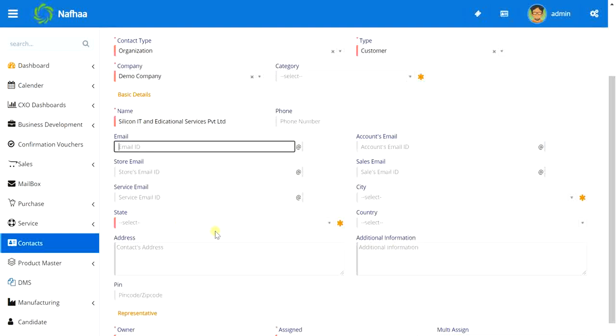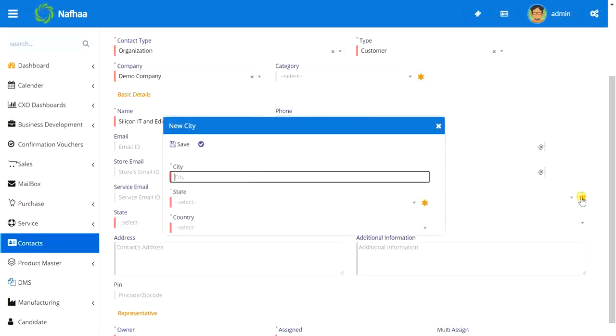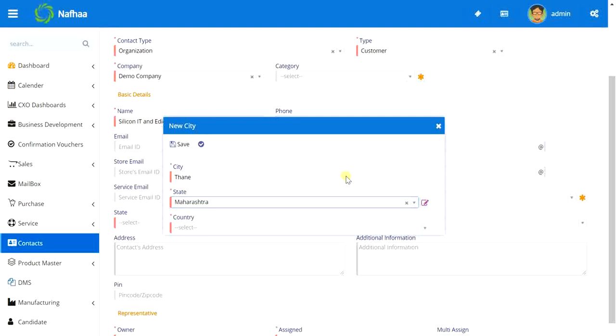Then comes the state. By default, state is a compulsory field. You can make it optional from a setting if it is not applicable for your kind of business. Okay, similarly for city and country. Currently there will be no city added, but by default Indian states are added. You can define any city or state from this define new icon. So you might be seeing this define icon in some places. Like if they are masters, you can define them right here itself. So like if I'm adding Thane, and state is Maharashtra, country is India.